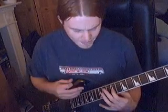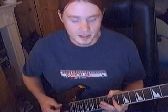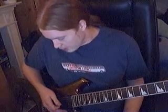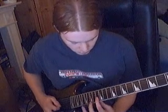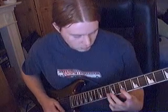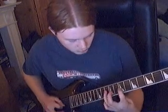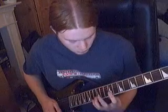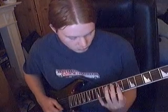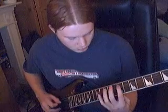Now one of the hardest things for me, after I'd learned the sweeping patterns, was to actually move it up and down the neck and keep your fingers doing the same thing, because obviously the size of the fret changes, everything like that. That'll just come in time. So you can do a little round really. Now, what I did is I just practiced those over and over, and I'm by no means brilliant at them